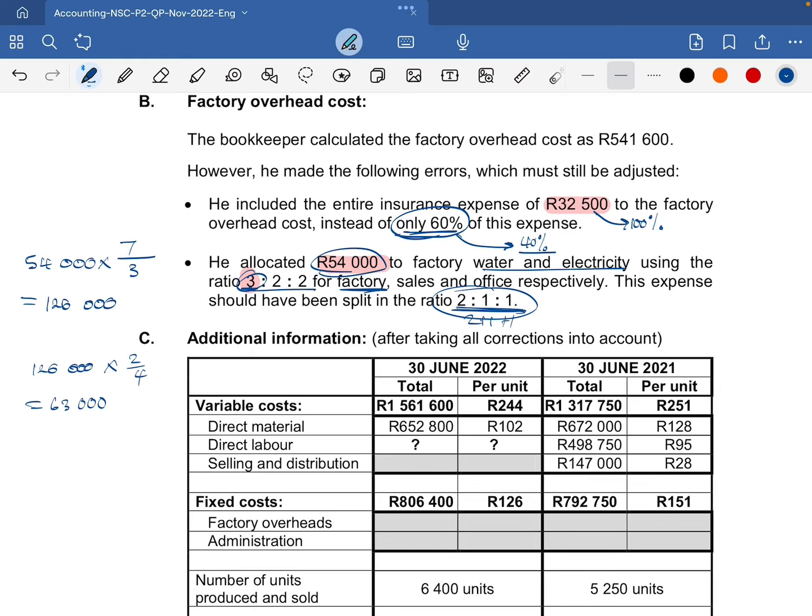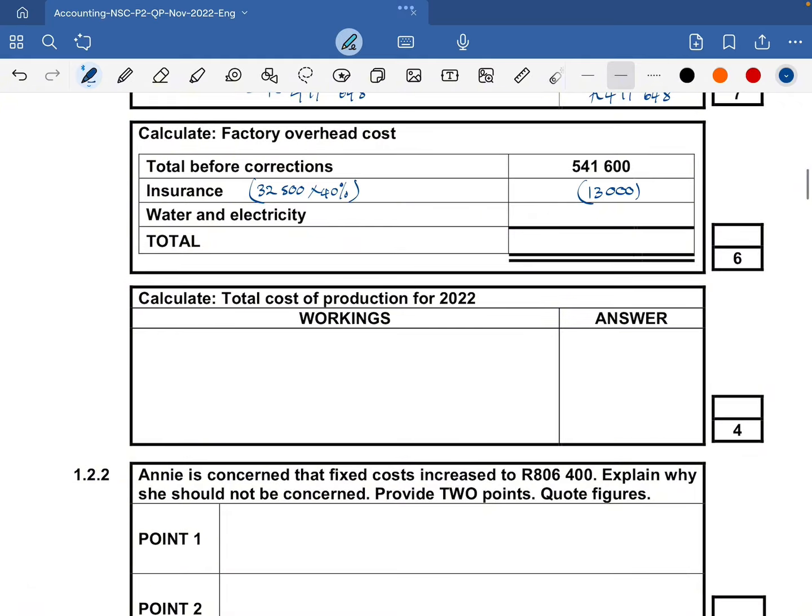Okay, but now we know that they allocated 54,000 at first, but the correct amount to allocate is 63,000. Now we need to move from 54,000 to 63,000. And how do we do that? We need to add the difference between the two amounts. So 63k minus 54k gives a difference of 9,000. So we need to add an extra expense of 9,000. So now getting the total: 541,600 minus 13,000 plus 9,000, which is